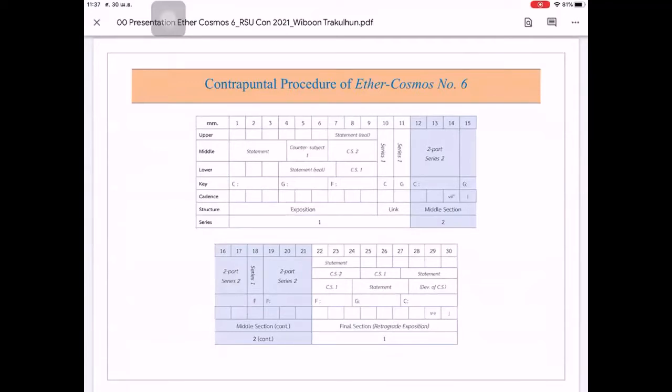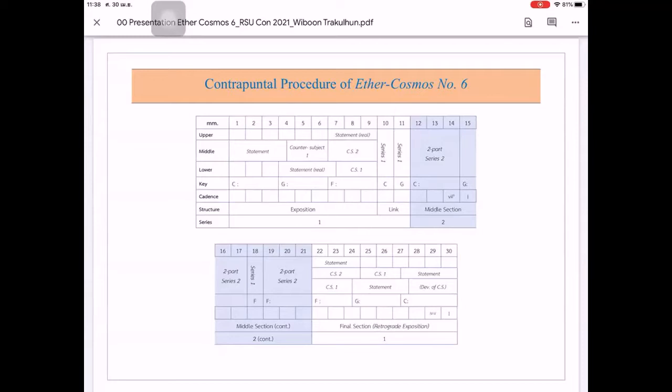Ether Cosmos number 6 consists of 3 statements in which I apply Paul Hindemith's series as the compositional materials. The piece is about 1 minute and 40 seconds in length, and mainly in the polyphonic style with a few homophonic approaches. This composition has 3 sections, the same as a fugue,